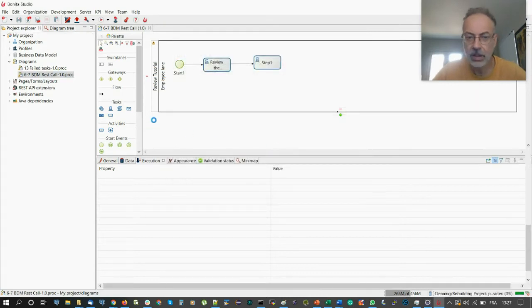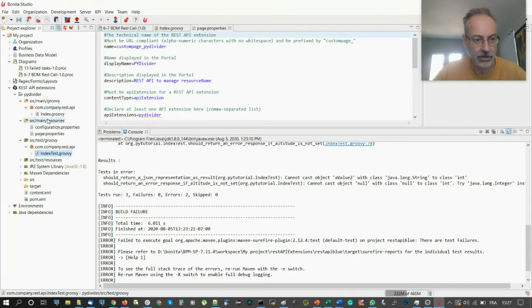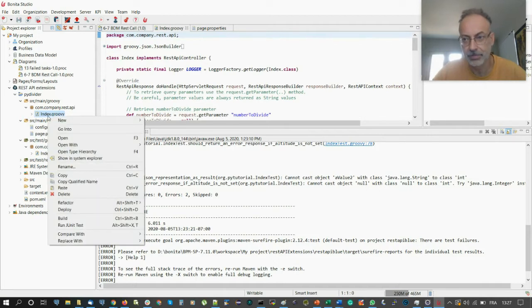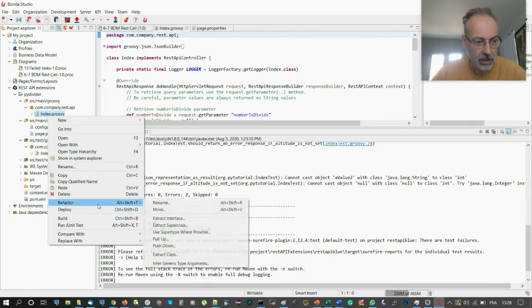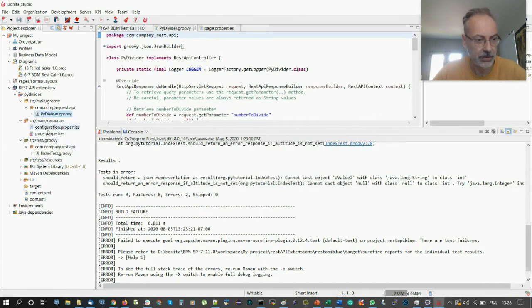So first tip here, you have to rename the Groovy, because the Groovy's name is index.groovy, and of course you will have a lot of index.groovy, and to set up the breakpoint is not very useful. So come here, refactor, rename, PY divider, okay, finish, and then I will get an error here because I changed the name and the refactor does not change the